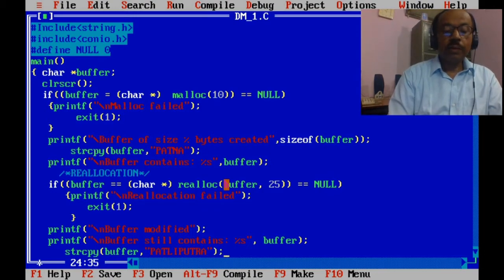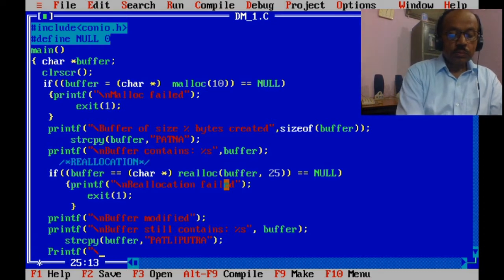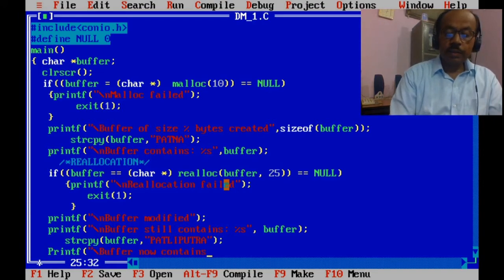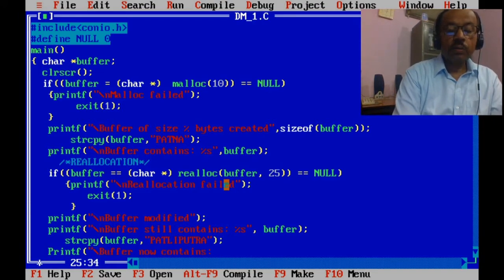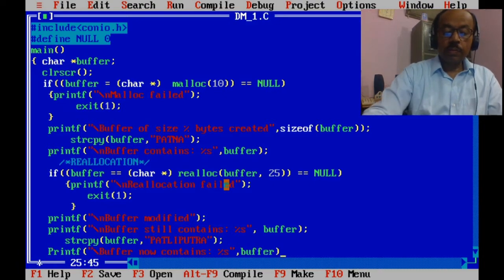So we have changed the name, and now we would like to see printf "buffer now contains", buffer.